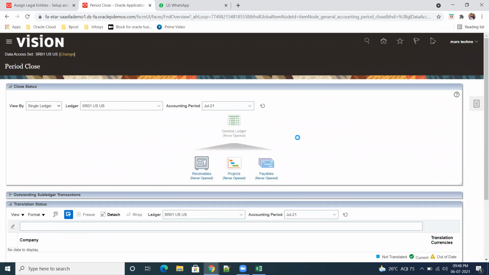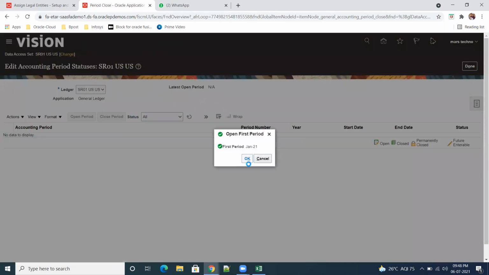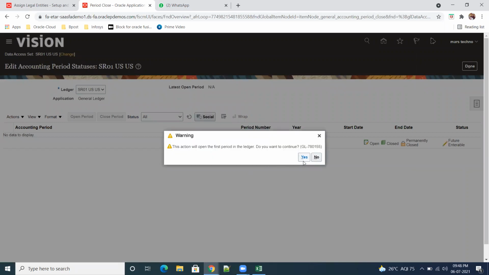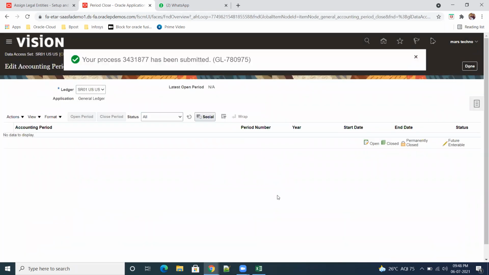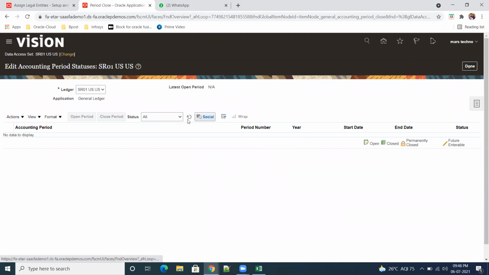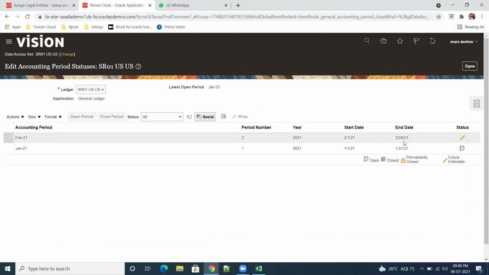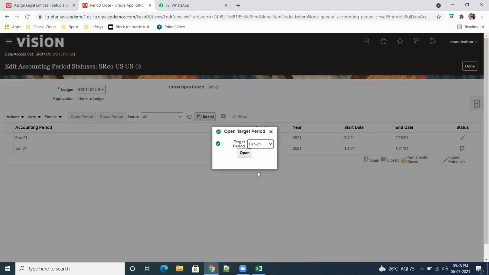Open this General Ledger, first period. This is also a brand new one. We have a refresh here also. Okay, so now February is open. Go to Actions, open target period. The target period is July.